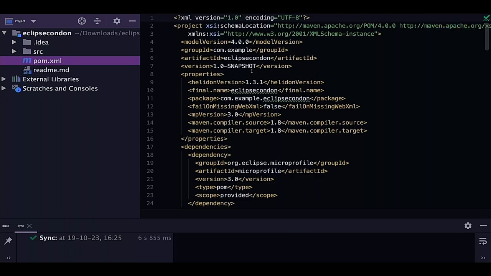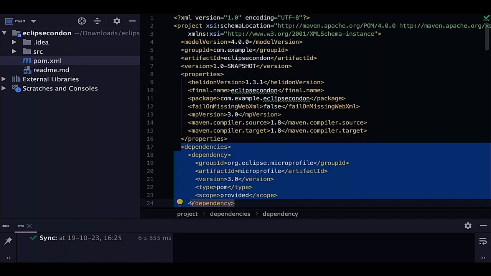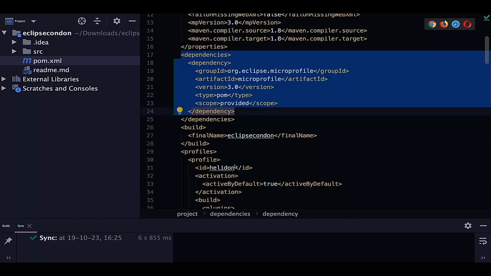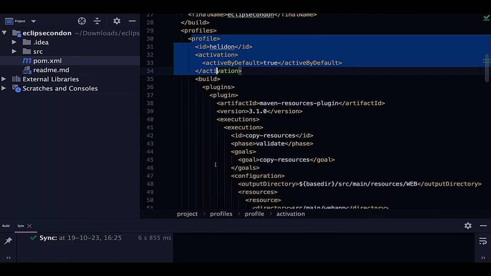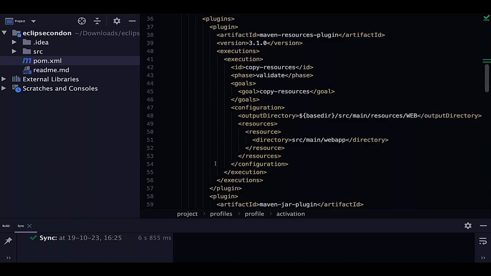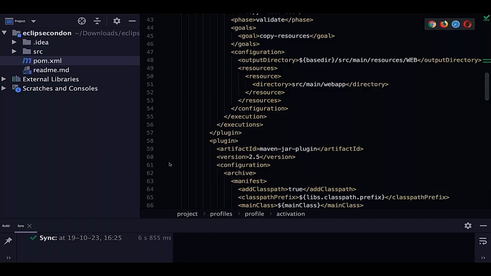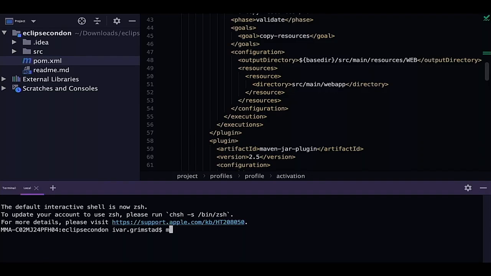pretty simple. If you're well known in the Java EE world, you see that you have a provided dependency for you, and in this case the MicroProfile 3.0 dependency is provided for you. And the reason it's provided is you don't need to package this into your application since it's provided to you by the implementation. And in this case, the implementation is Helidon, so you get a configuration for how Helidon does its stuff to build this application. So what I can do when I've downloaded this one is to simply say mvn clean package